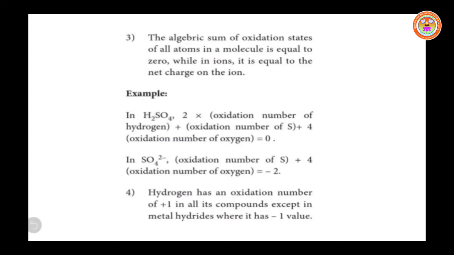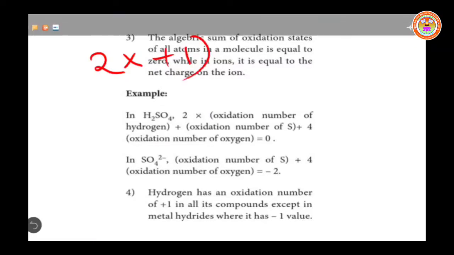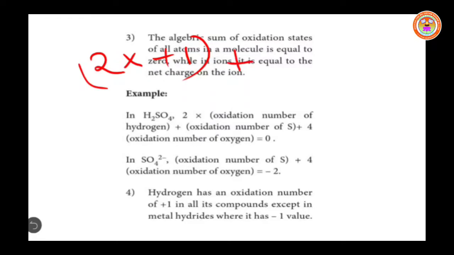Let us consider sulfuric acid. We can calculate the oxidation number of all the atoms present in this molecule. How to calculate the oxidation number of the elements in the molecule? By substituting the oxidation charge of each atom. Listen, H2SO4. In H2SO4, there are 2 hydrogen atoms, so multiply the number of hydrogen atoms by its oxidation number. The oxidation number of hydrogen in H2SO4 is plus 1. So 2 into plus 1, then plus; we have to sum up, isn't it?